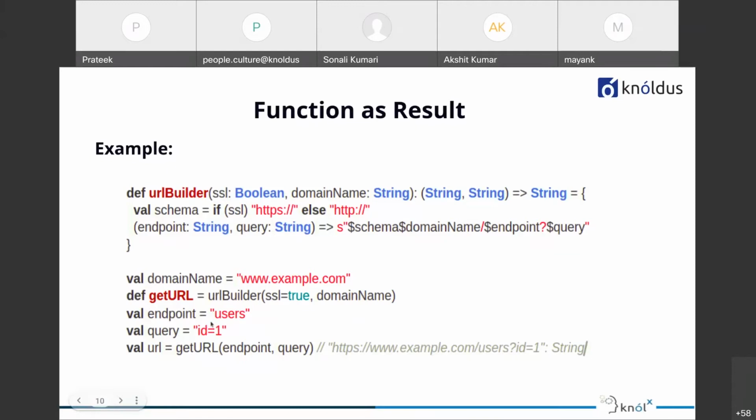Both are of type string. This way we get a function as a result, and finally we are passing some values to it and getting the result. Again, I'll explain more about it in the implementation part.